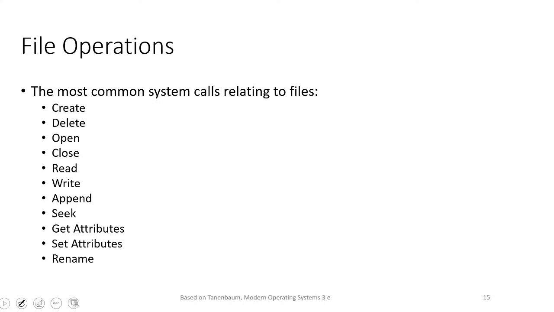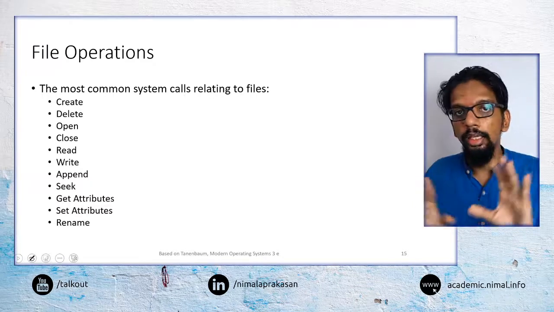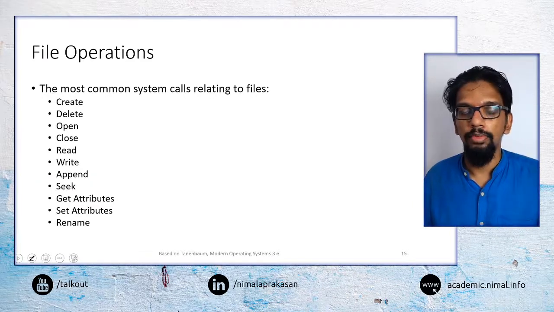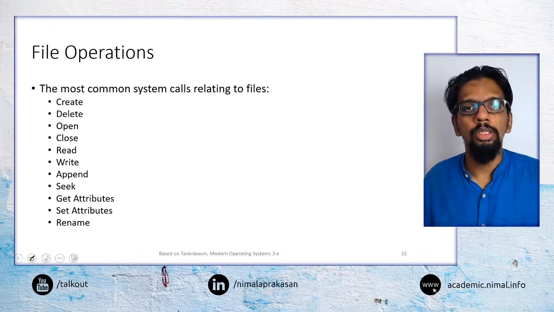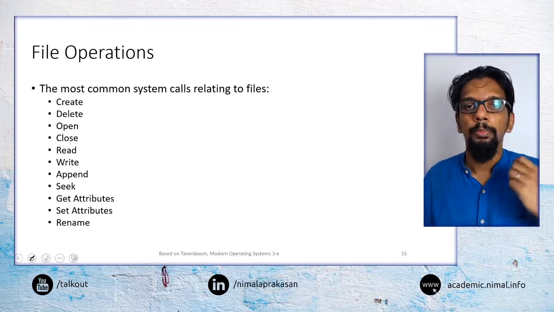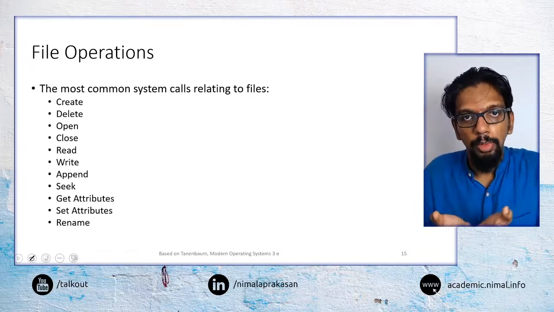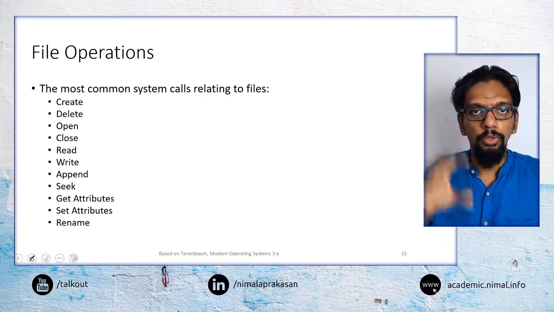And then we can look at some of the common operations we would expect the file system to support. We identified reading and writing as the main things that a file system should do. But when we think about typical files that we may come across, we may need the file system to support a number of other operations as well, because the underlying file system of the operating system is going to give these functions to any application software to use.